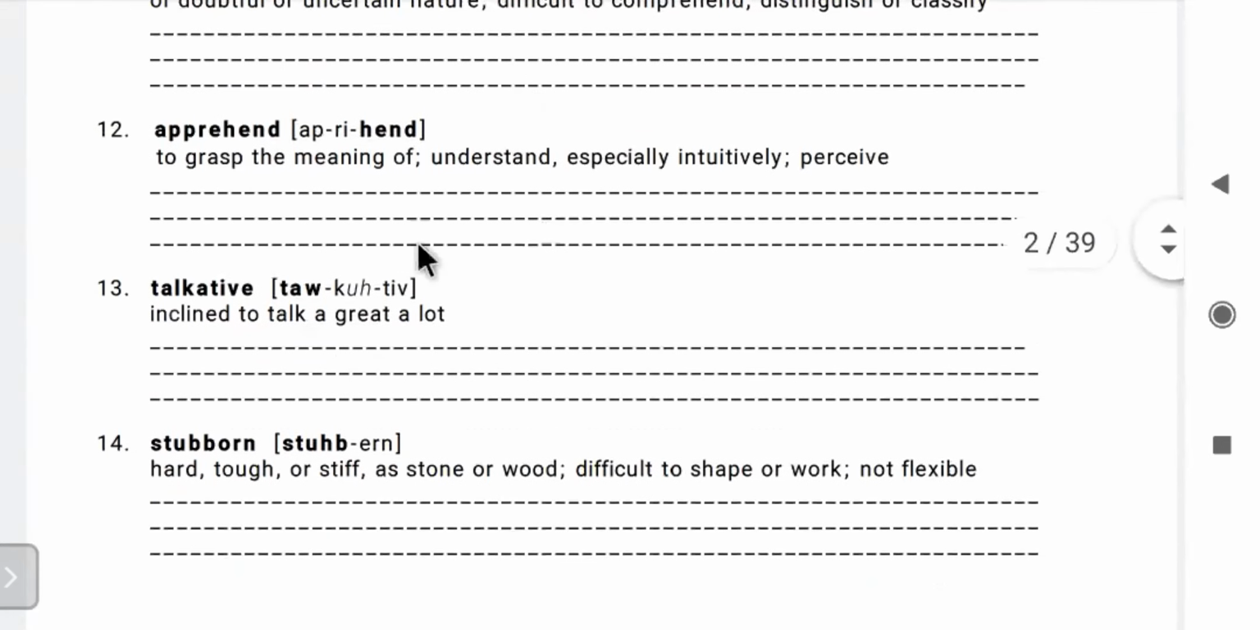Okay, then we go on, and here's the next one. Please pronounce it. Apprehend. Again. Apprehend. Apprehend. Yeah, this time I heard it clearly. Meaning,